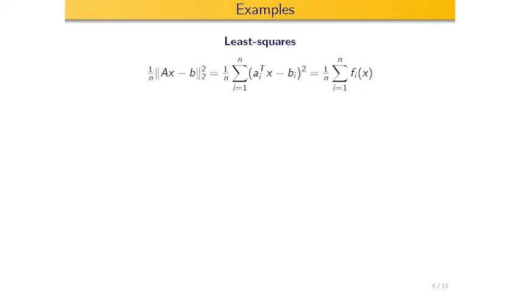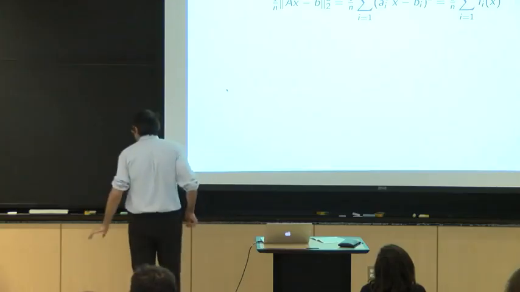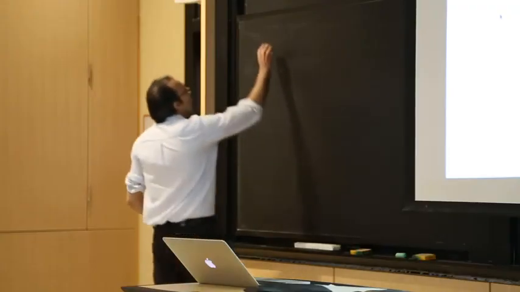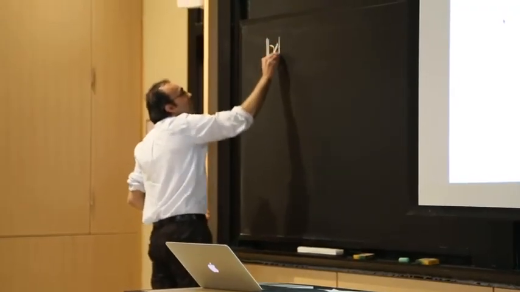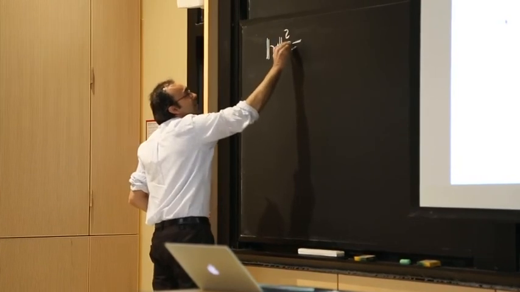Let's look at the most classic question, least squares regression. A is a matrix of measurements, b are the observations. You're trying to solve the norm of Ax minus b, whole squared. Of course, a linear system of equations, the most classical problem in linear algebra, can also be written like that. This can be expanded. Hopefully, you are comfortable with this norm, right? So the l2 norm squared is just defined as